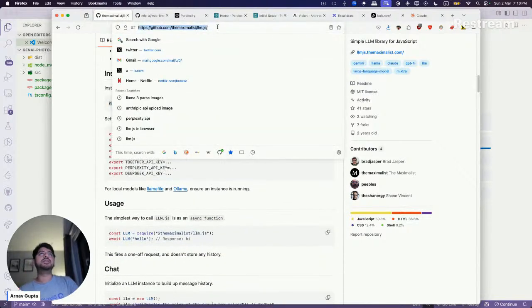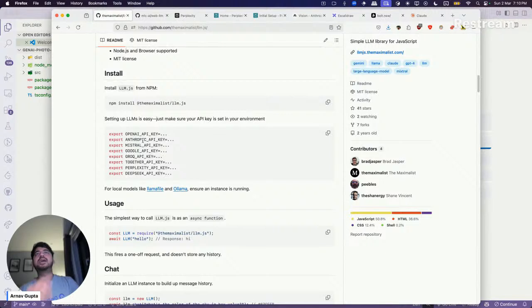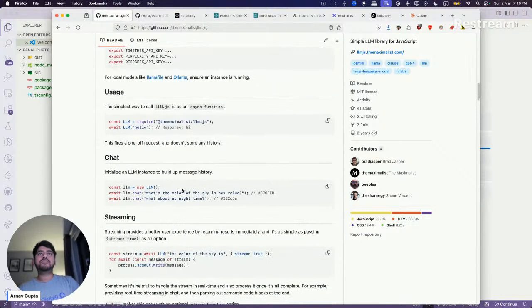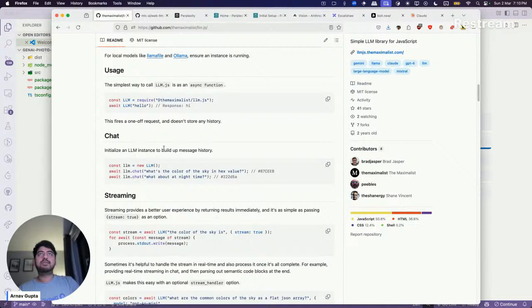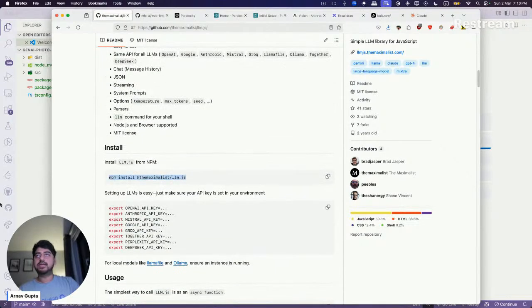So let's see. I do have some of these API keys. I have a payment method set up for OpenAI, Anthropic, Google, and Grok. I guess I have the API keys. So let me see if I can get this to work. We have to install this first. Let's do that.